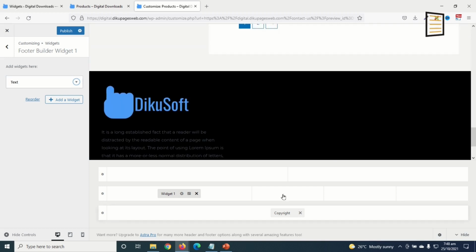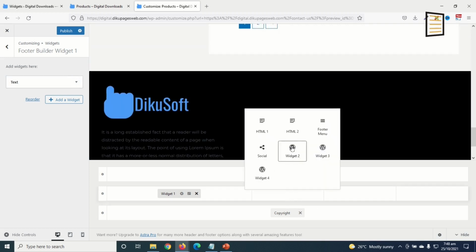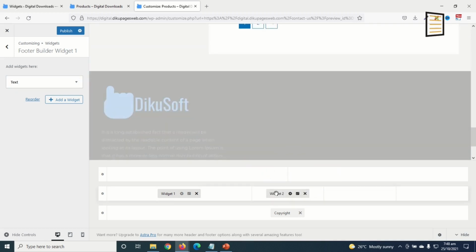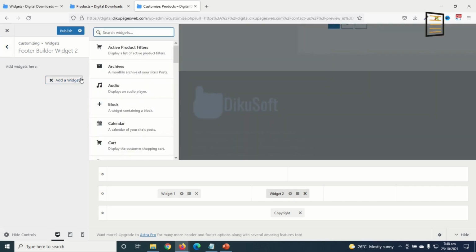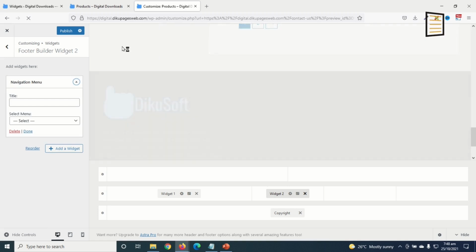Okay, next I go to widget 2, click on it, add widget, then I search for navigation. I have navigation menu in here.